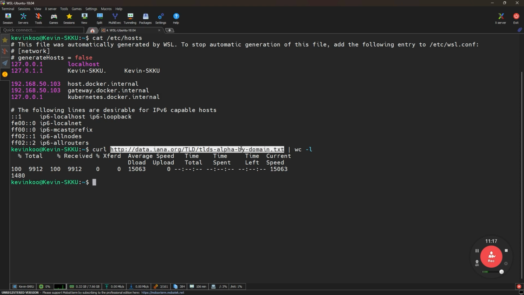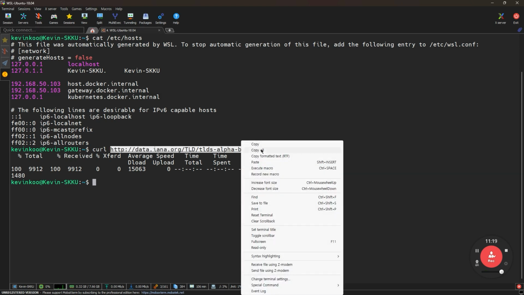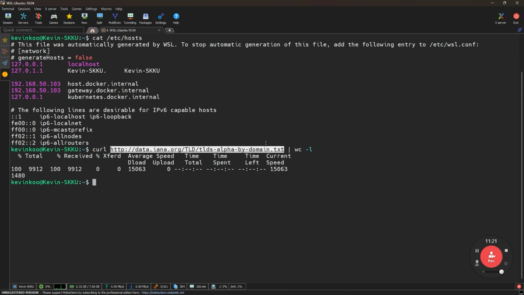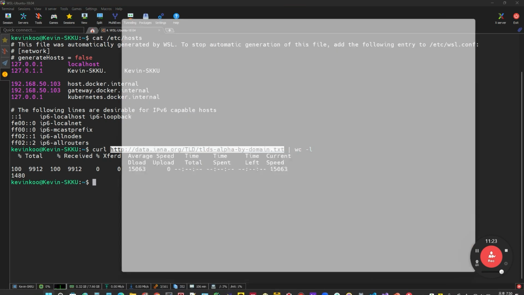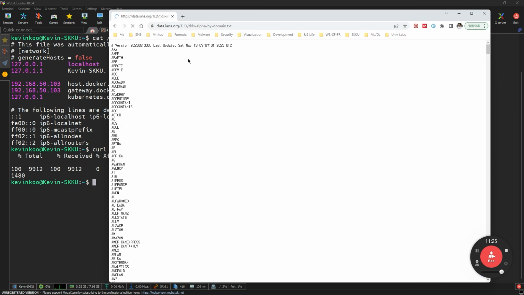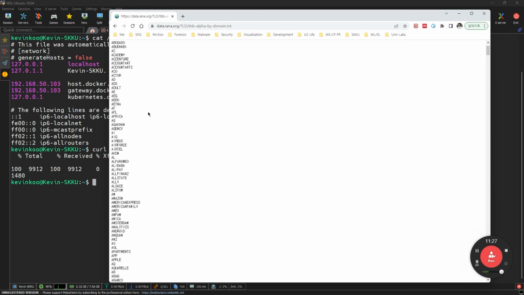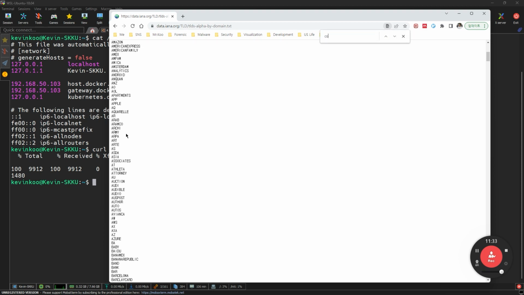If you really want to know what they are, you can look up here. So these are the different kinds of top level domains. Maybe .com should be here, right? .com, Comcast. These are different kinds of TLD.